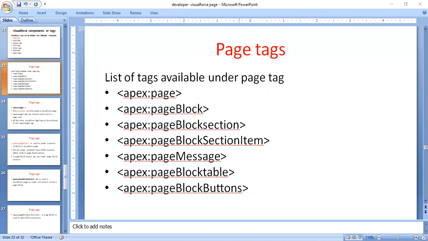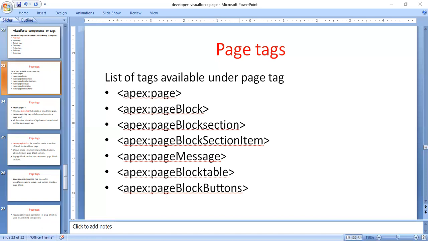Let us assume I want to write this information. You may take the page block button, and this command button you will include under the page block button. For example, apex:pageBlockButtons.